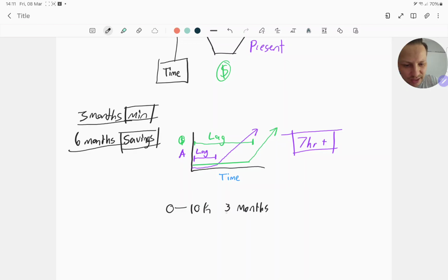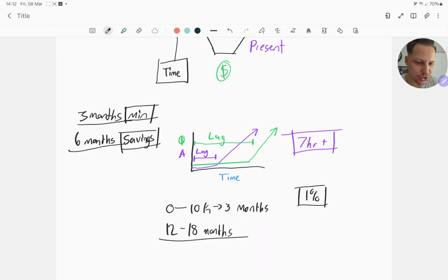But guys, if someone is trying to sell you a course, $0 to $10,000 in 3 months or less, with a 100% money back guarantee, they are just using all the different levels of social influence to get you to buy their stuff. And this is not realistic. I would say you've got to times that by like 4 or 5. You're looking at anywhere between 12 to 18 months to build something sustainable. It can happen quicker. It has happened quicker for a lot of people, but those are the top 1%. I'm talking to the majority, the average person.